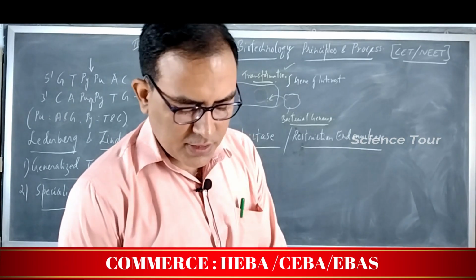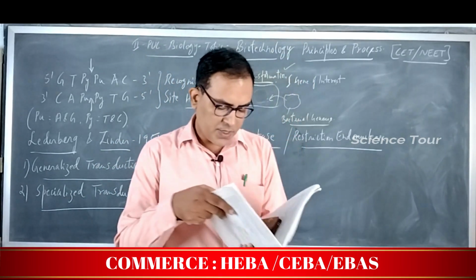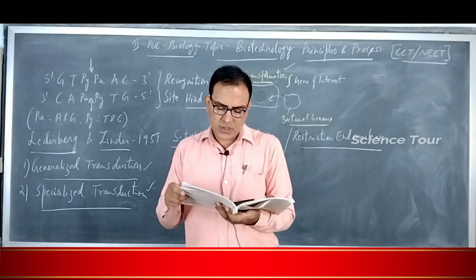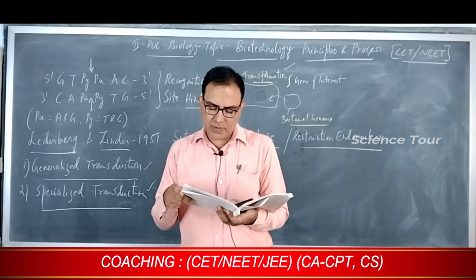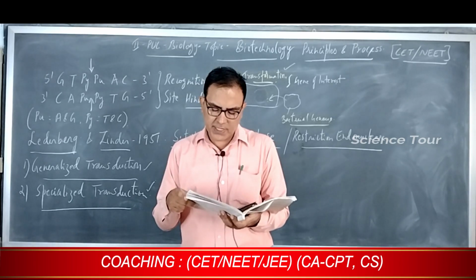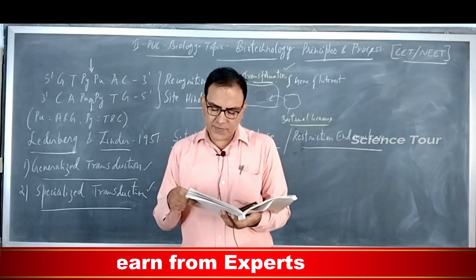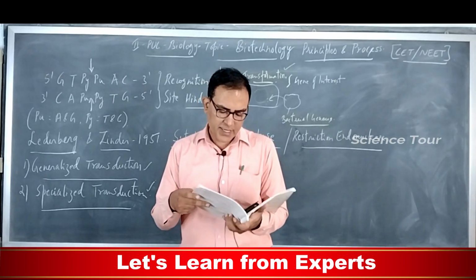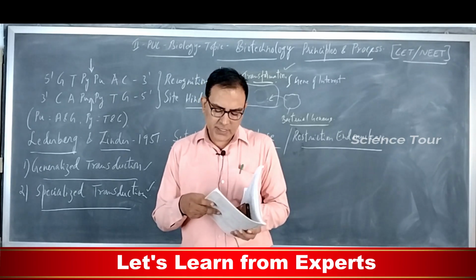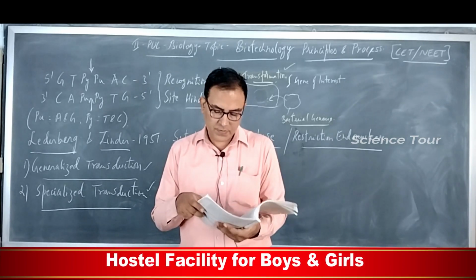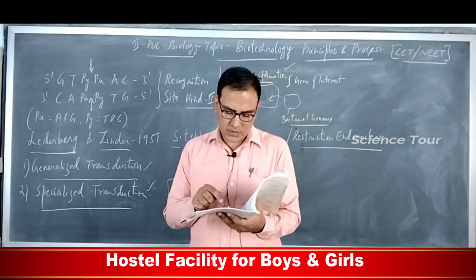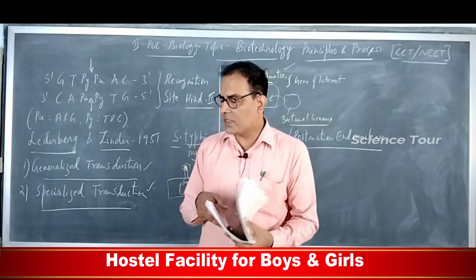Shall we move to the next question? Okay, next is question number 6. A recombinant DNA molecule can be produced in the absence of the following: A. Restriction endonuclease, B. DNA ligase, C. DNA fragments, D. E. coli. A recombinant DNA molecule can be produced in the absence of which? Now analyze this particular question.